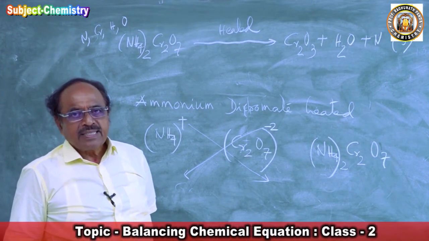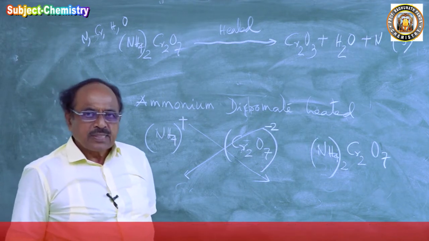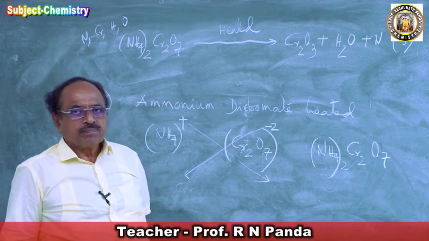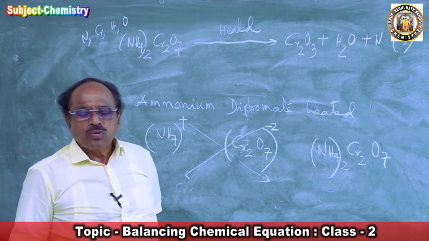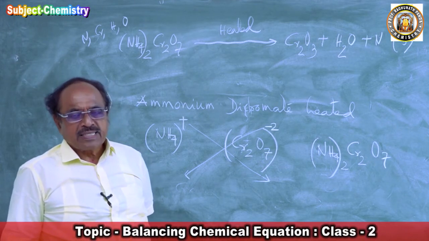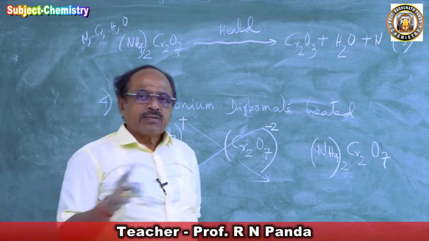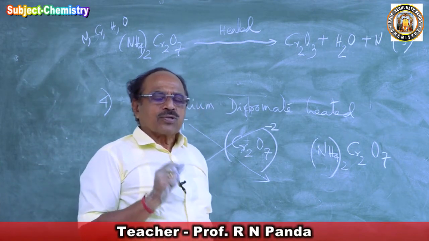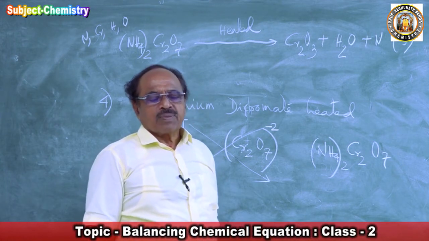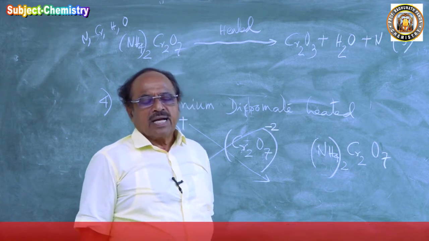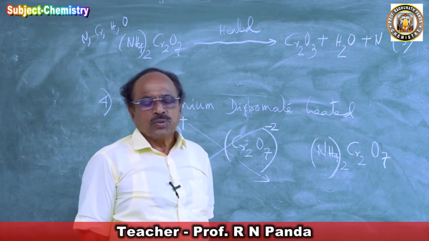So ammonium dichromate consists of the elements nitrogen, hydrogen, oxygen, chromium. We are heating it, so it is decomposing. So what came out? Chromium is a metal, and will react with oxygen first. Why? Oxygen is more negative than nitrogen and hydrogen, so chromium will prefer oxygen. Chromium valence state is plus 3, and the oxygen radical charge is minus 2. So it will form Cr2O3.